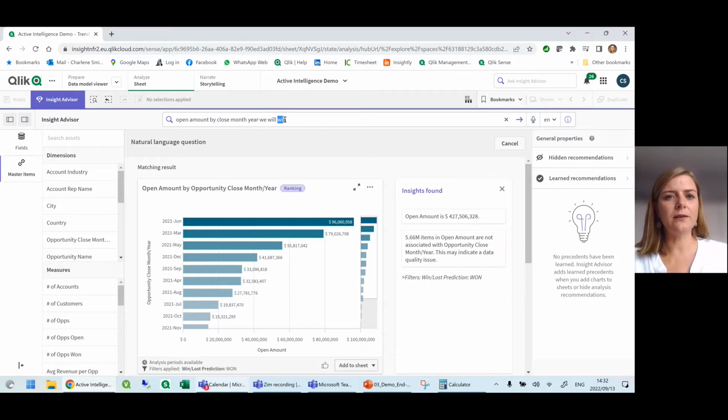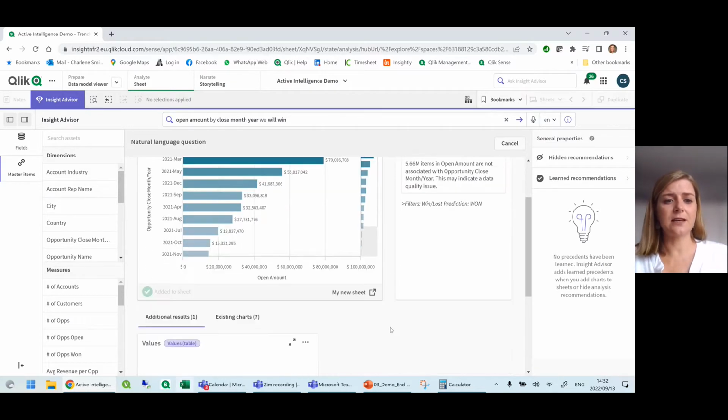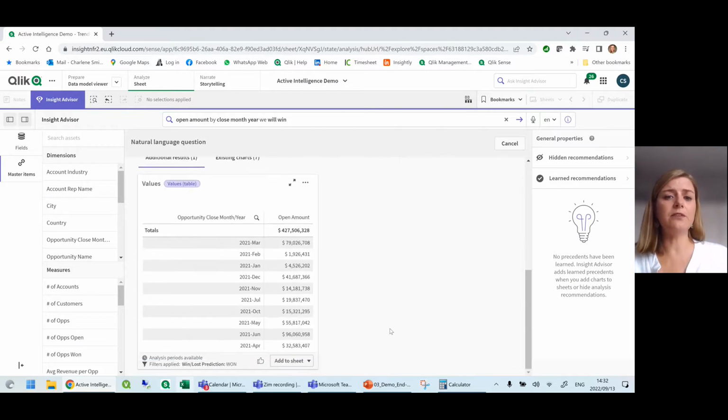Qlik picked up that win should be opportunities that we won. So you can see that this chart is per month, which I asked for, close month. And it's taking my win-loss prediction, set to 1, even though I asked for win. And it's also given me a bit of a narrative and saying what filters have applied. We can now take this and let's go add that to my new sheet. And this is literally Qlik taking over, I'm asking a question and Qlik will come back